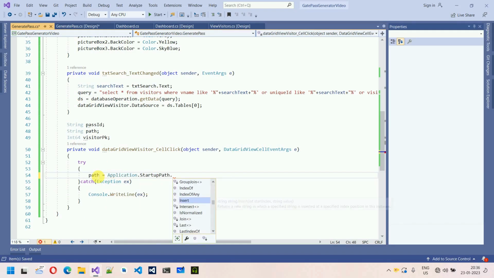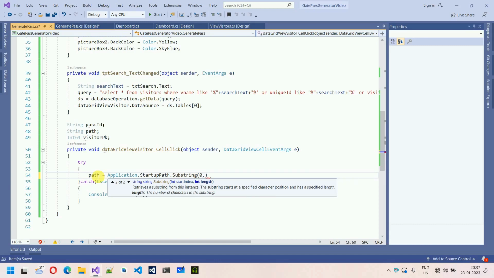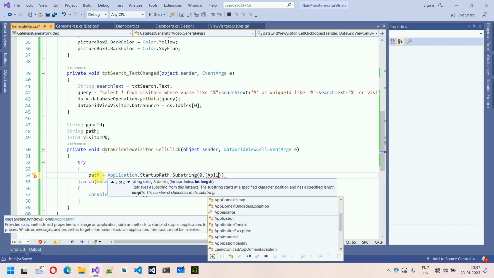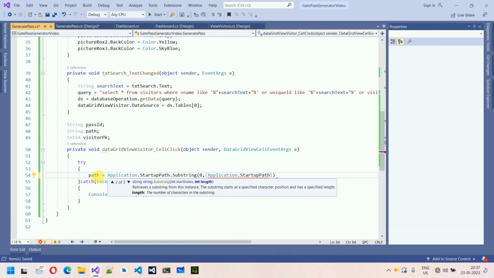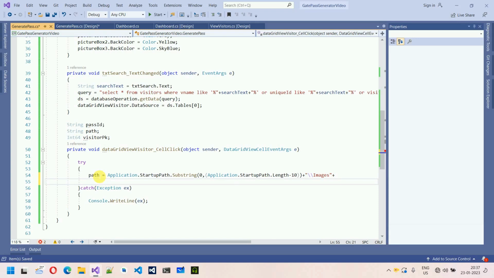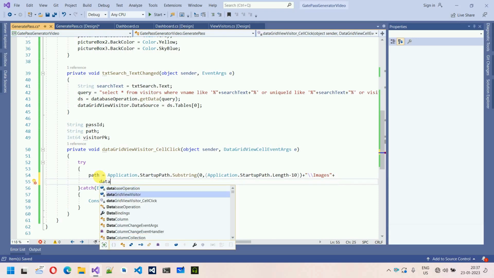Inside this one we need Substring, and we need to pass 0 comma Application.StartupPath. Inside this one we need to pass StartupPath.Length minus 10, like this one, plus we have to pass the image name, the folder name where we have put the images. So the folder name is images, like this. After this plus, and inside this one we are going to extract the data from the DataGridView visitors.Rows,